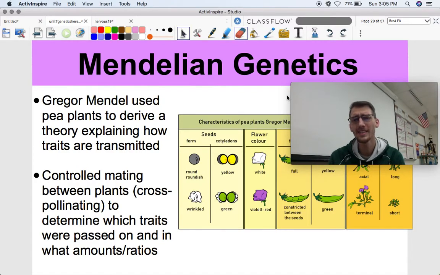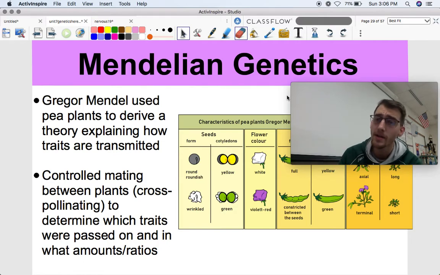All right, but let's talk about Mendelian genetics and how traits are passed down. We've spent this whole unit talking about how traits are passed down and how genes make proteins, and proteins determine your traits. And where are genes located? They're in chromosomes. How do you inherit chromosomes? But here is where we get into the real probability